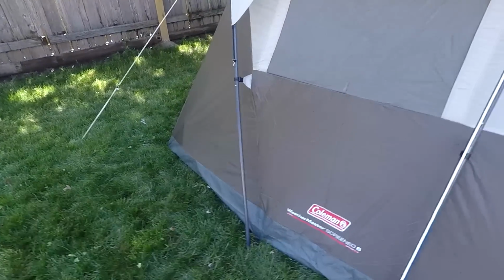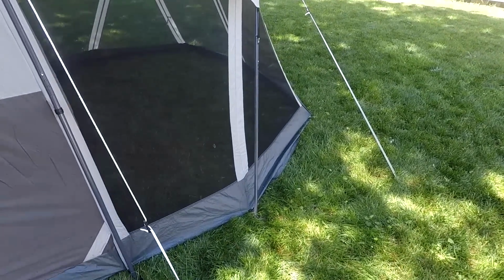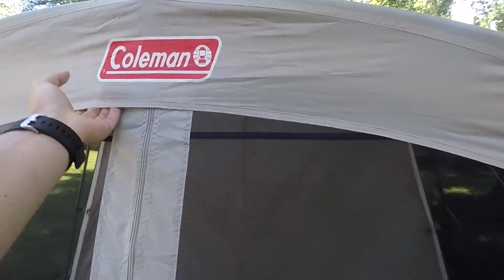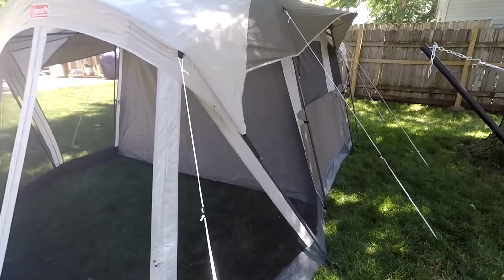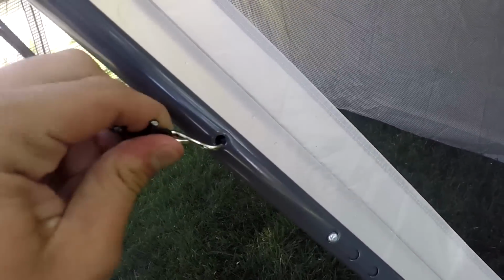Color coded with red tape to go into the red lined holder for it, and then the 2 on the outside over here and over here are gray, and they go in the regular gray. It does actually have Velcro, so it is Velcroed. It also has 4 guy lines on each side, so 8 in total. They also hook into the poles right here,